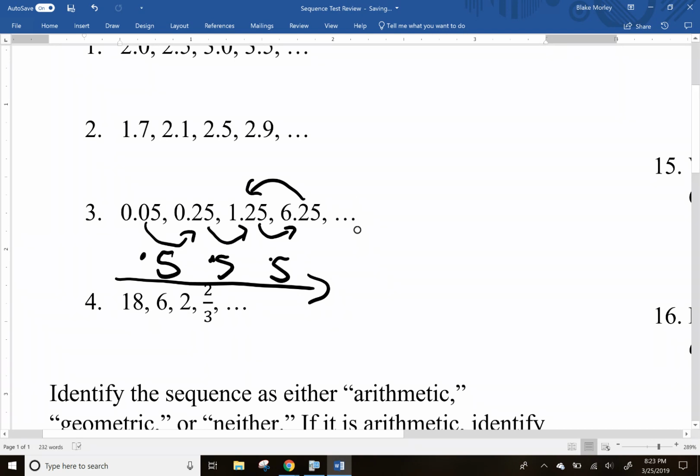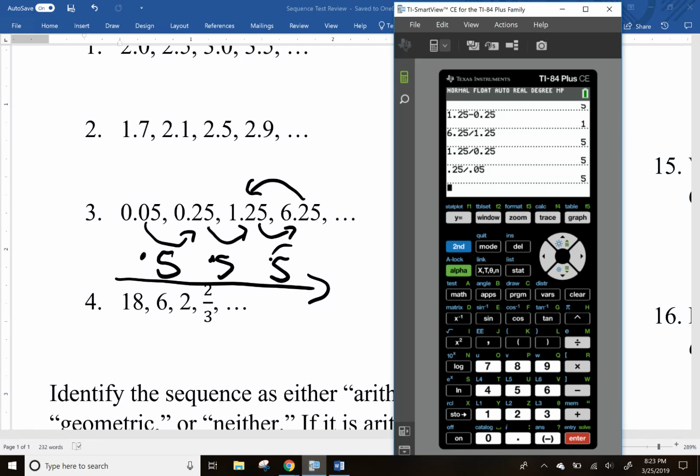So a way to find that number, like I just did here, the way to find out if you're multiplying by 5 is dividing each term backwards. And if they're all the same, then that tells you you're correct in your pattern, and that our r value is 5. And if you want to check, you can, right? You can start from the beginning, 0.2, or, well, I did that wrong. 0.25